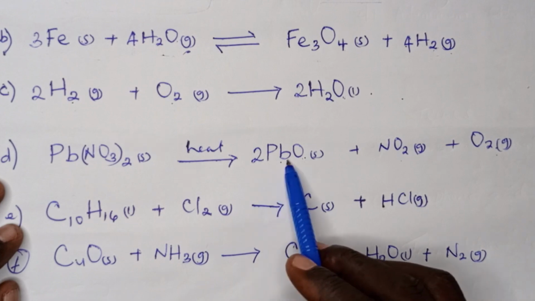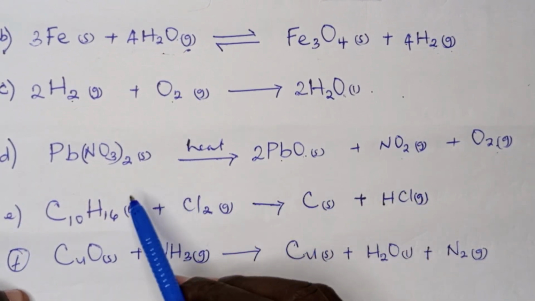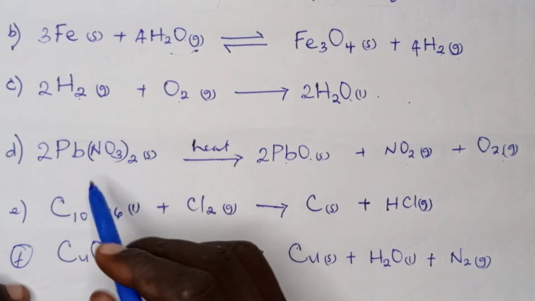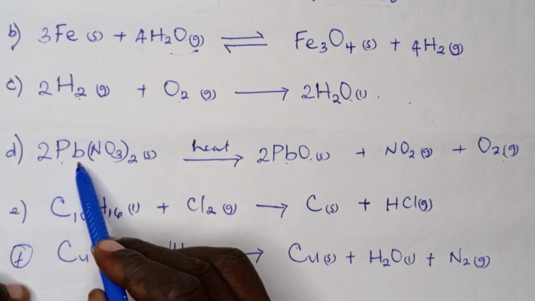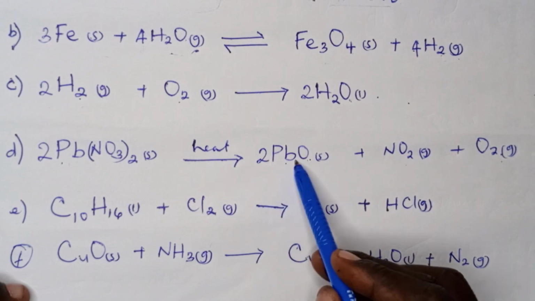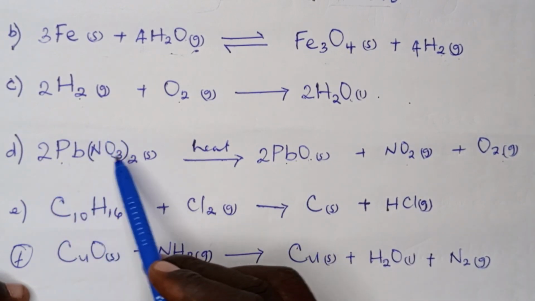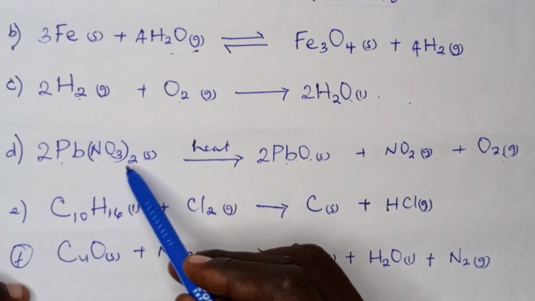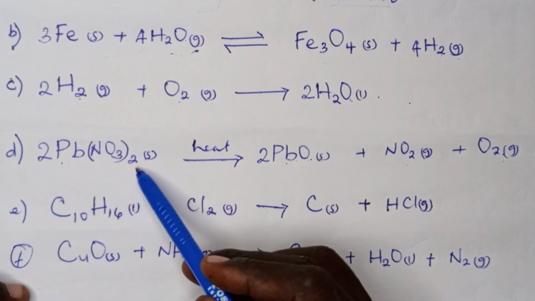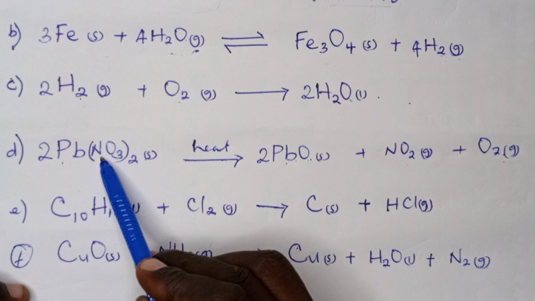And again, by inserting these 2 here, that means we have already caused a change in the equilibrium. So, in the position of the equilibrium, we need to also insert here a 2, because initially here we had only 1 lead atom. So 2 times 1, we have 2 lead atoms here, here also 2. And again, by inserting these 2 here, we shall have doubled the number of nitrogen and oxygen atoms which are in lead 2 nitrate. So this 2 by 2, 4 times this 1, so we have 4 nitrogen atoms,